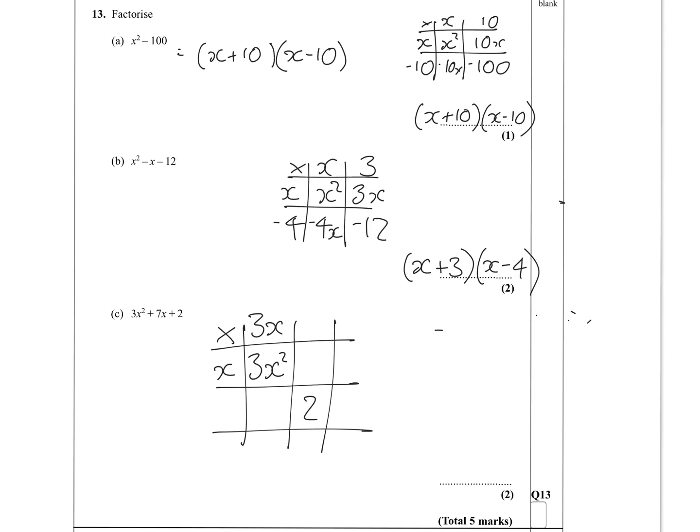And I want to make 7. So if I put 1 here, I'm going to make 1x and 6x. That looks good. If I do it the other way around, I'm not going to get enough. So let's put 2 here. I'm going to get 6x. 1 here, I'm going to get x. There's my 7x. And I've got my 2 brackets, 3x plus 1